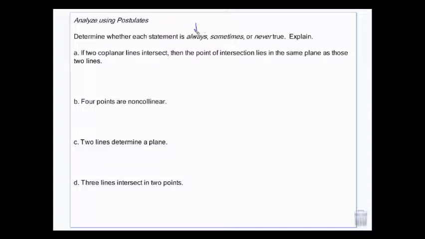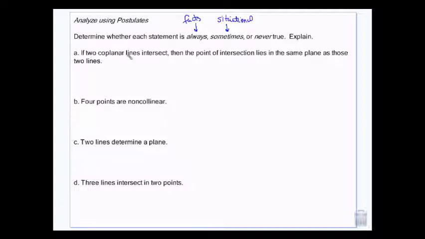Always true, these are just sort of facts. And sometimes is situational. You know, like, for example, the umbrella. Sometimes I have an umbrella when it rains and sometimes I don't. When I have one, I use it. When I don't have one, darn, I get wet, right? So these are situational.